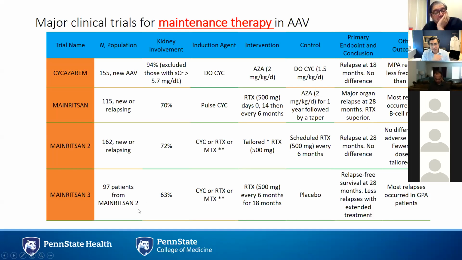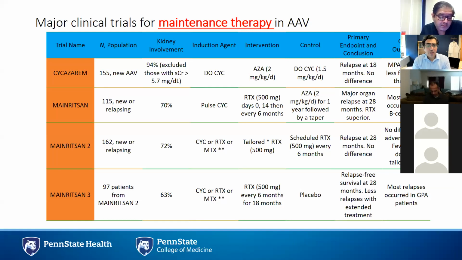So maintenance therapy trials, I think it would be good to know that, as in the beginning we all discussed, and the point was made that azathioprine has been, I think, the drug of choice and better than even the MMF. And in my patient, the question was, why did we not choose azathioprine? So let's see. So Cycazerum, 155 patients,